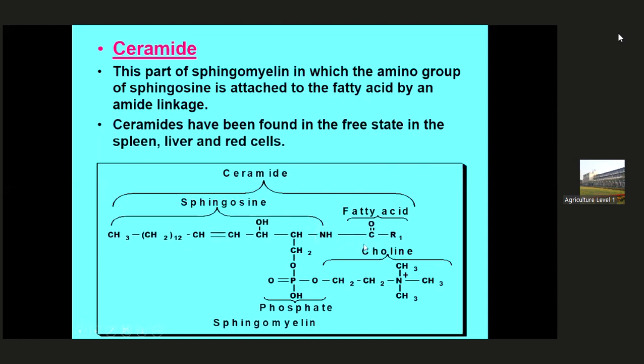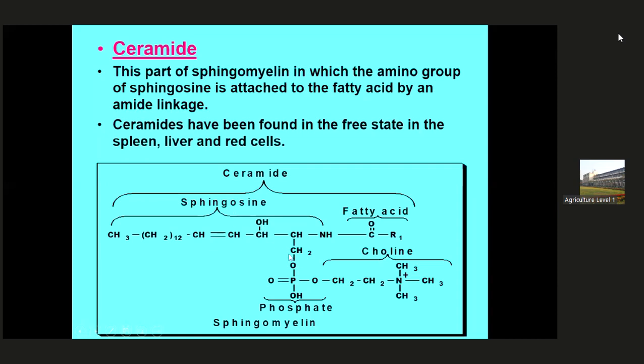In the case of amino acids and proteins, the CONH linkage is also produced between two amino acids. This linkage closely resembles the peptide linkage, but as it is produced between the alcohol's amino group and the carboxyl group of a fatty acid, not an amino acid, this linkage is amide linkage. যদি এটি amino acid হতো তাহলে এটি peptide linkage হতো, but যেহেতু এটি fatty acid not amino acid, এই জন্য আমি এটাকে peptide linkage বলছি না, এটিকে আমি amide linkage বলছি। আর sphingosine আমি বলেছি alcoholic group containing, এখানে একটা hydroxyl group আছে, এখানে একটা hydroxyl group আছে,